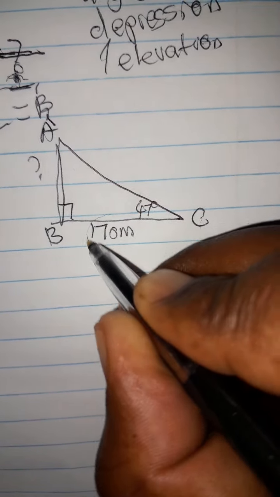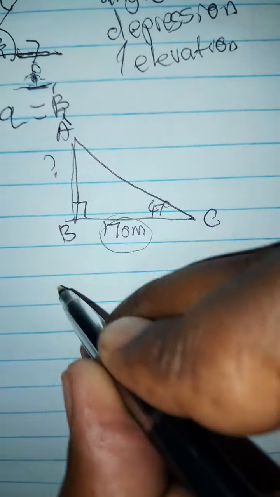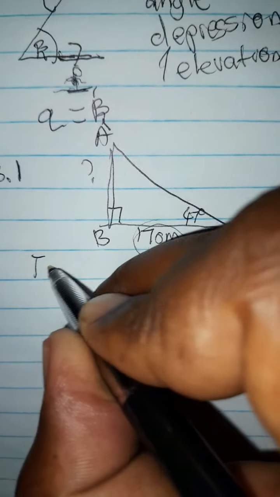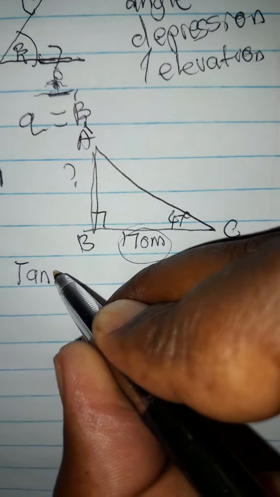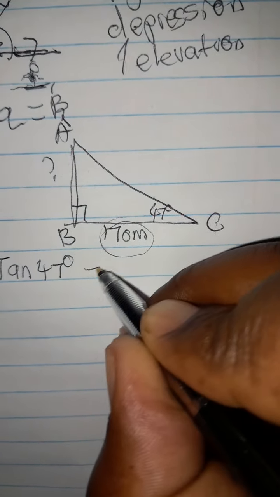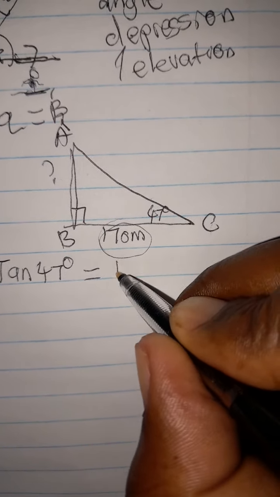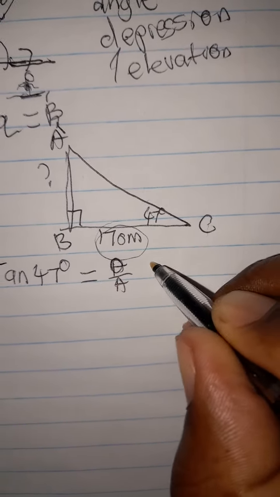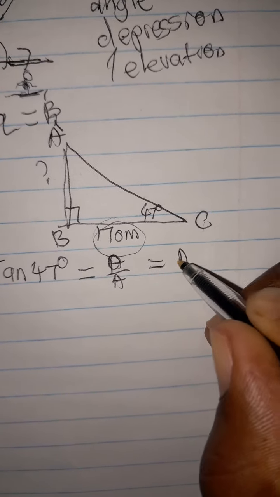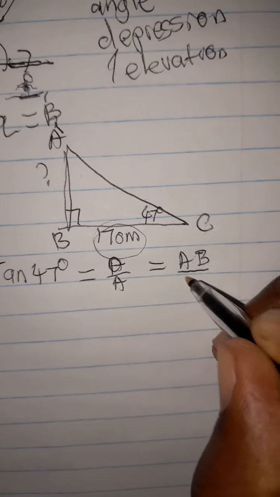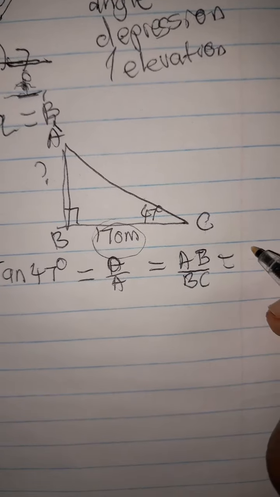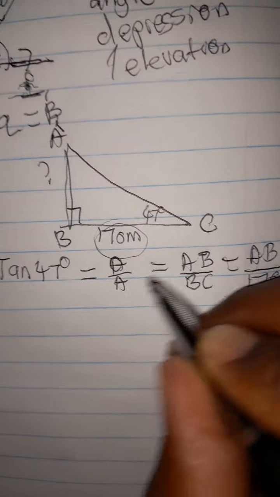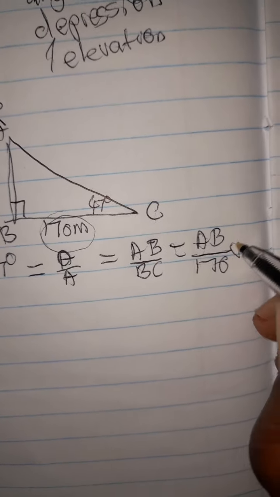You also have your adjacent side. To get AB, when you have opposite and adjacent, you're going to have tangent. So it's going to be tan 47 degrees, which will be opposite over adjacent, which will be AB divided by BC, where AB we don't know, but we do know BC, which is 170. So to make AB the subject, we will multiply everything by